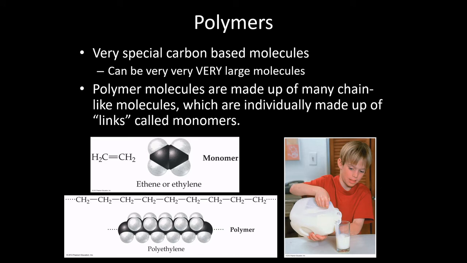Alright, so the last little thing here, just real quickly, I want to mention polymers. These are very, very, very large molecules where you can have literally thousands, if not millions, of carbons in a molecule. And actually, that's lowballing it a bit. There are some polymer molecules where you have carbons linked together. So if the line that I'm drawing here is a bunch of carbons attached to each other, like several hundred carbons attached to each other, you can have linkages